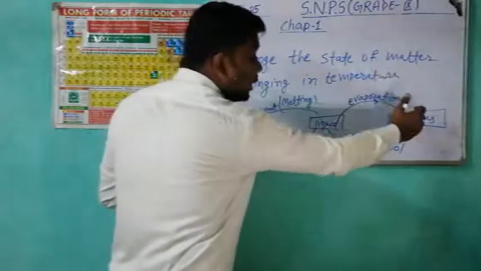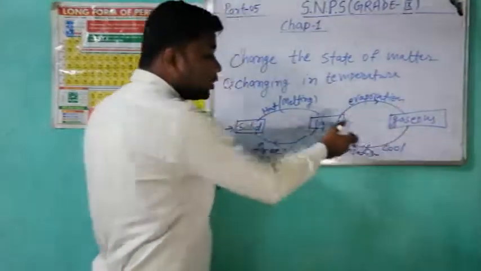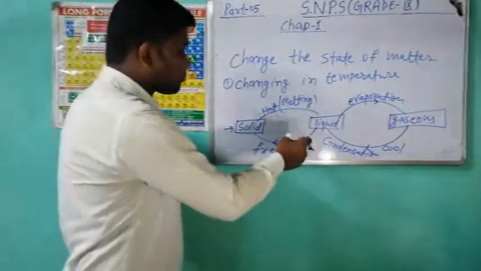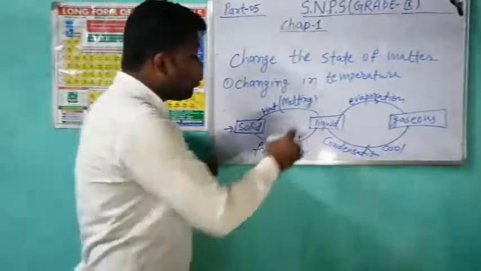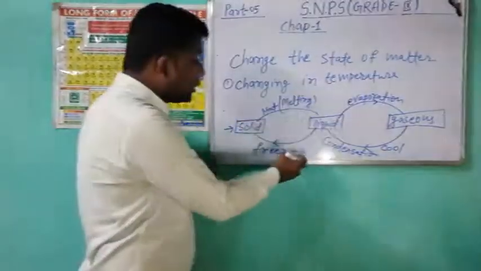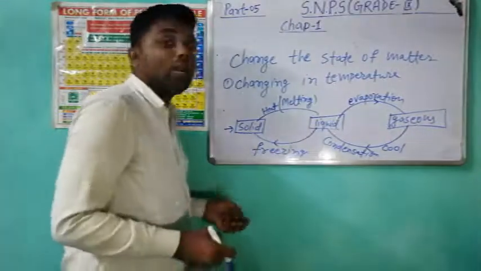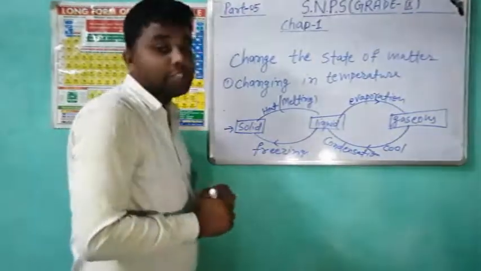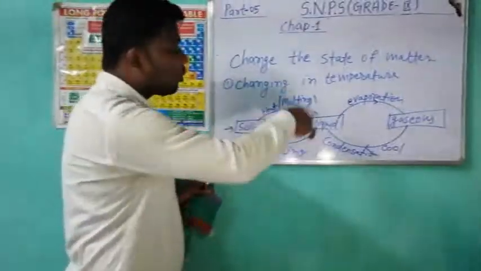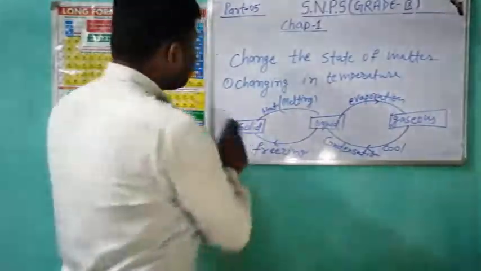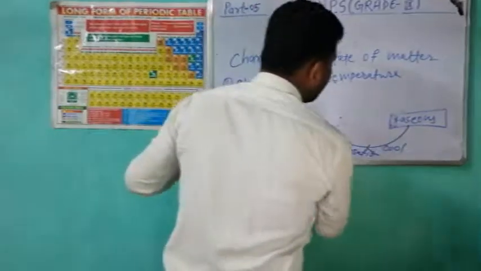When we cool the gas, then it is converted into liquid, and this process is called condensation. And when we cool the liquid, then it is converted into solid. This is called freezing. Okay, I hope all these topics are very clear to you. And the next point is,